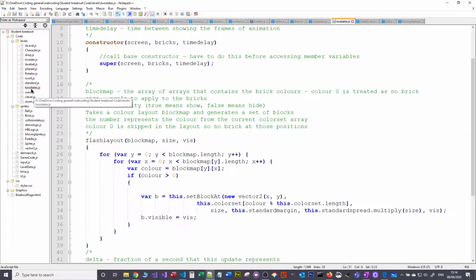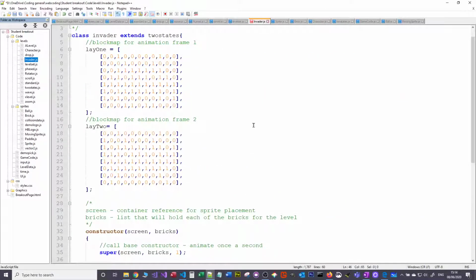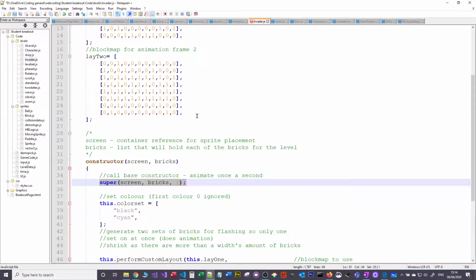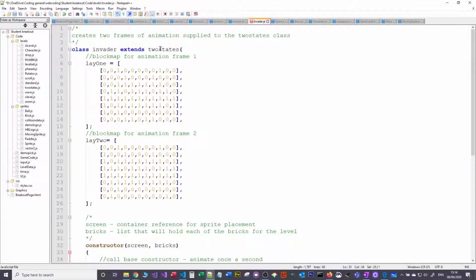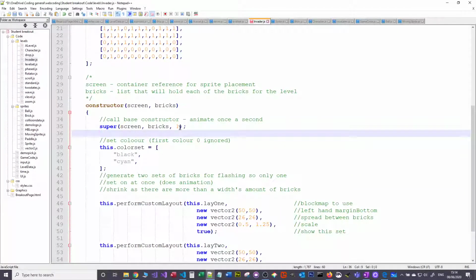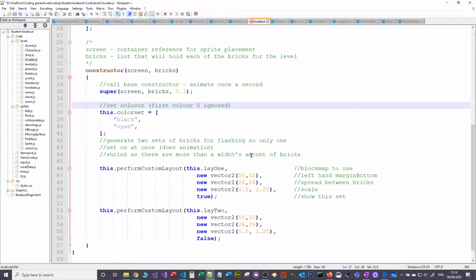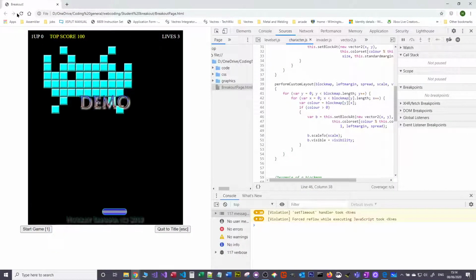So if we look back at invader, if I can find invader now, my eyes are going. When we call the constructor and we call the super constructor, which is the constructor for two states, we give it this value 1. That's our time period for the flashing. So if I set that to 0.1, just to show you this, and then we'll get on and build the movement bit. If I save that and then go back to Chrome, I'll leave the debugger open,